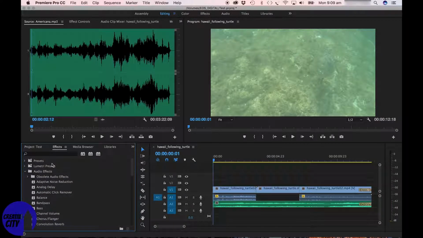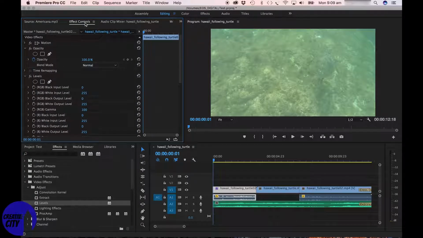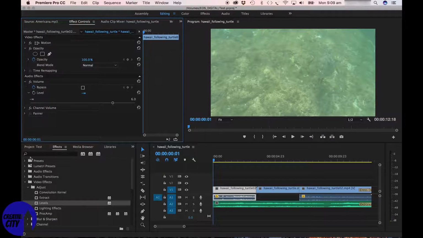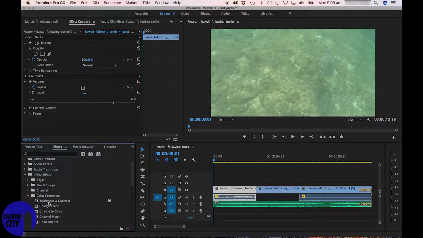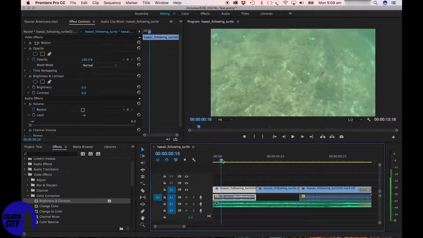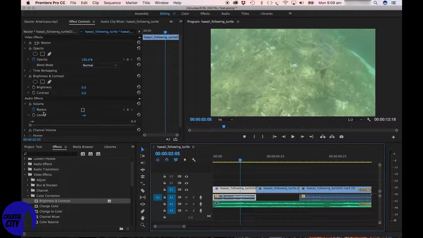So now we're going to look at some video effects. So adjust the basics. If you want to adjust the levels, you just drag it on top, come over to effects control, and now you have the levels. Now that's a little bit more complicated, so I'll get a different color effect, brightness and contrast. So if you want to change the brightness and contrast of this,